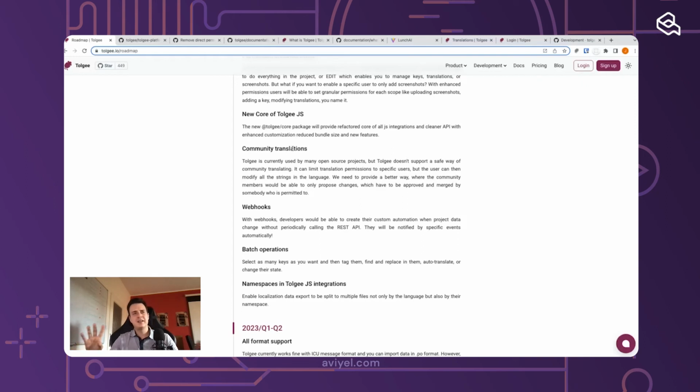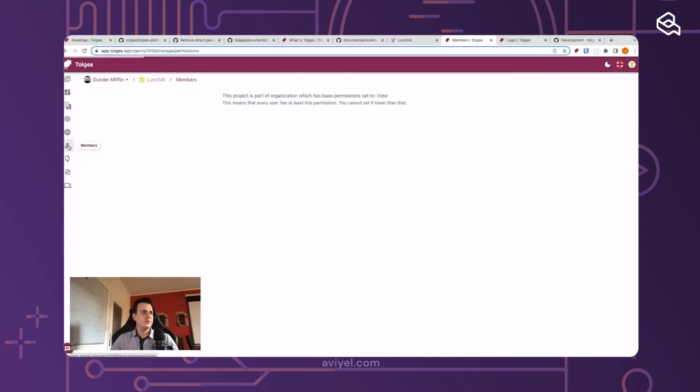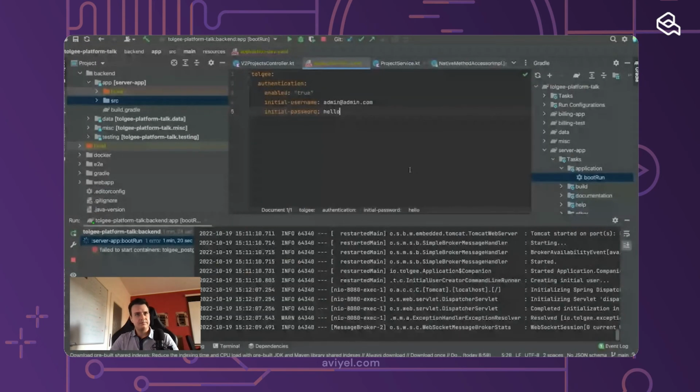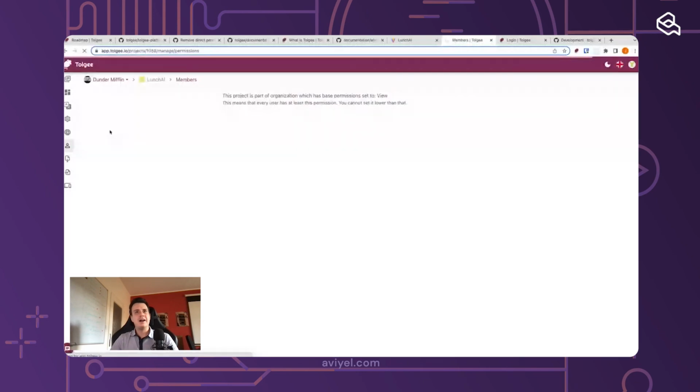But there is nothing like pull request, or so you can go here to members section, and then you can... okay, I don't know what's happening here. But